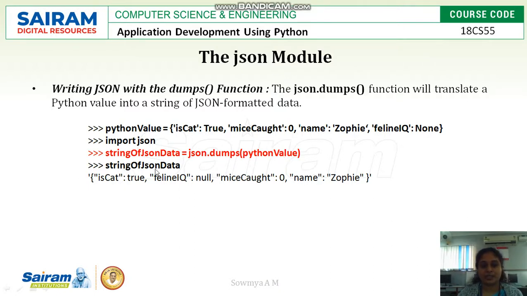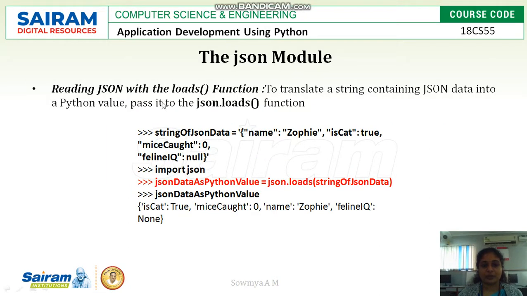If you print the JSON value, the difference between Python and JSON value is that a Python value is represented by single quotes, whereas a JSON value is represented with double quotes inside, and the entire dictionary data is covered with single quotes. That is what we can see here also.